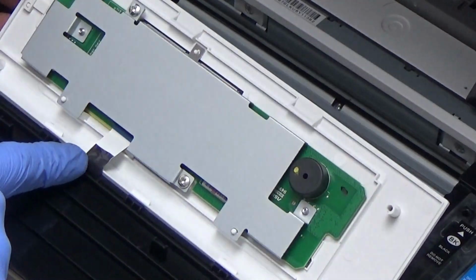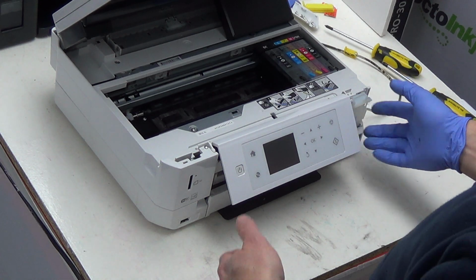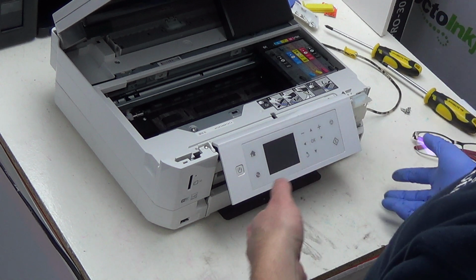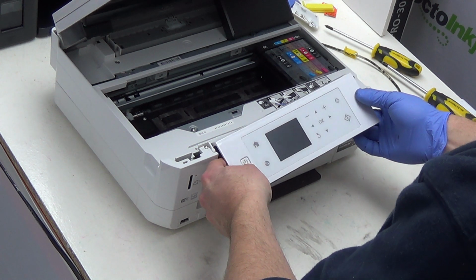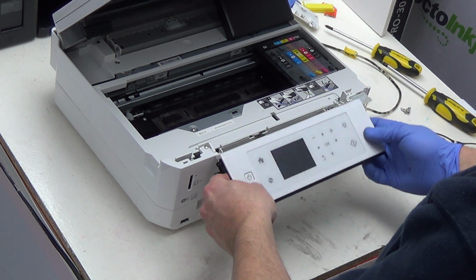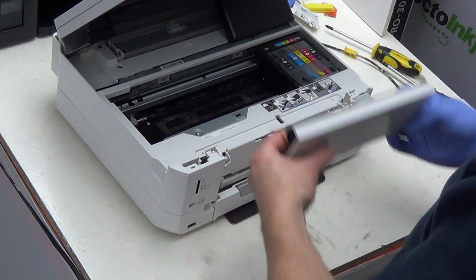Really quick video. This is at the request of one of our customers who, while they were taking their XP600 series printer apart, basically ended up pulling this ribbon cable here out of the control panel. So what's presumably happened here is the customer's reached this stage with this panel off, and they've either changed the panel, they've changed the pads, or they've done something along the lines where this has come off like this and then been pulled off. So effectively they ended up with their control panel in their hands like this, and this